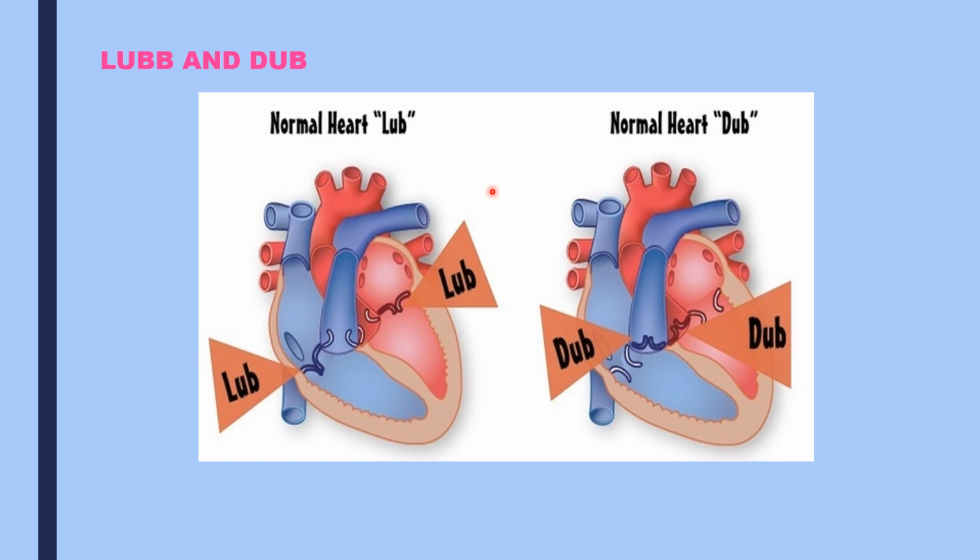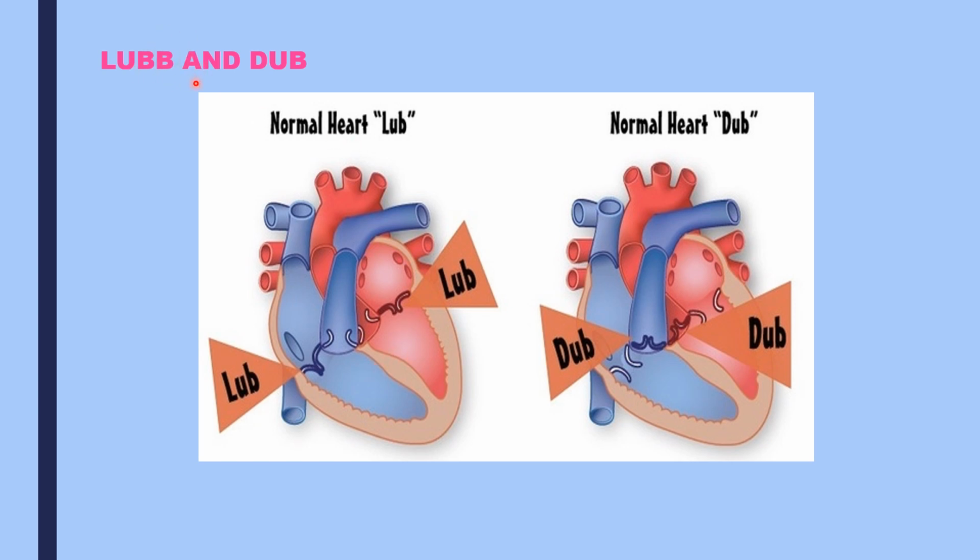If you hear your heart sound by placing a stethoscope on your chest, you will hear two sounds, lub and dub, heard in short succession followed by a gap. The first sound produced is lub, and this happens when the tricuspid valve and the bicuspid valve get sharply closed. Here you can see the closing of the tricuspid valve and the bicuspid valve. When they sharply close at the time of ventricular contraction, the sound produced is the lub.